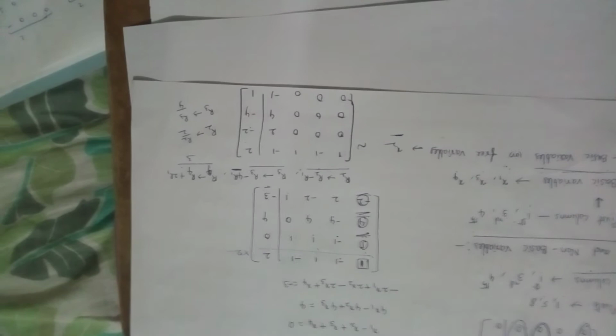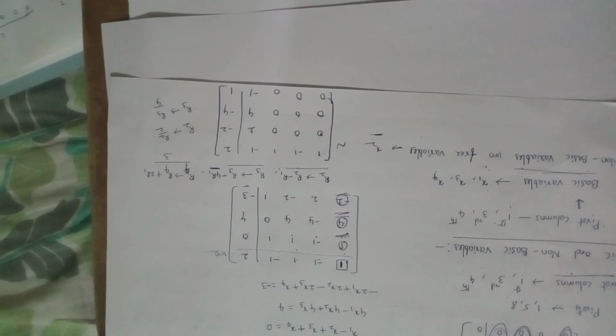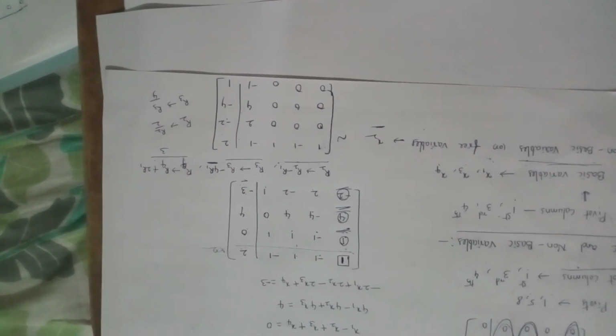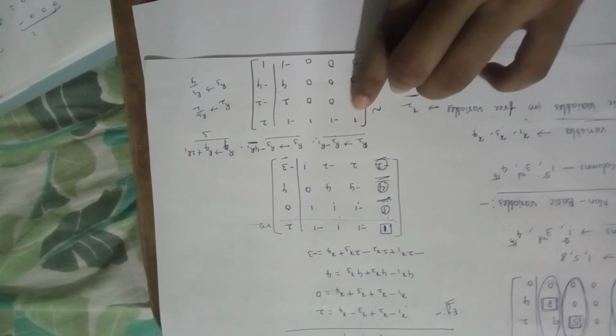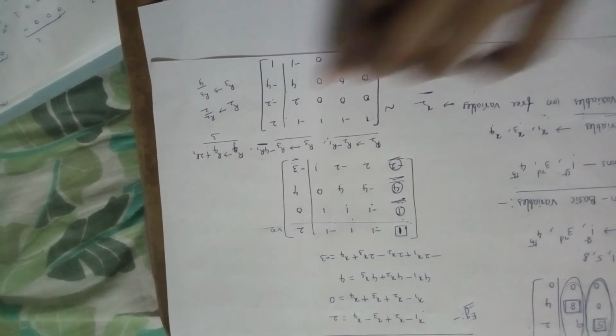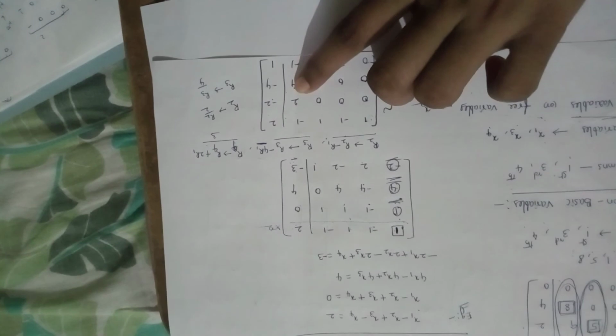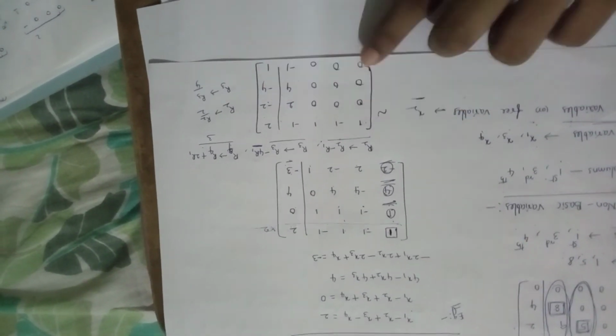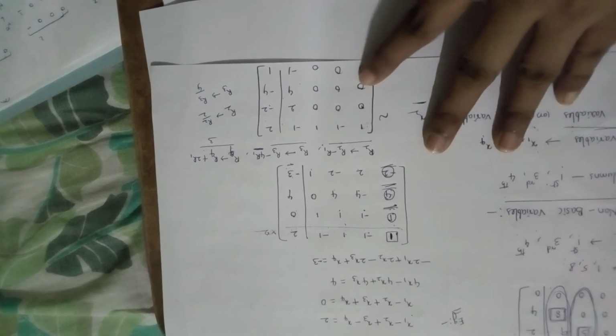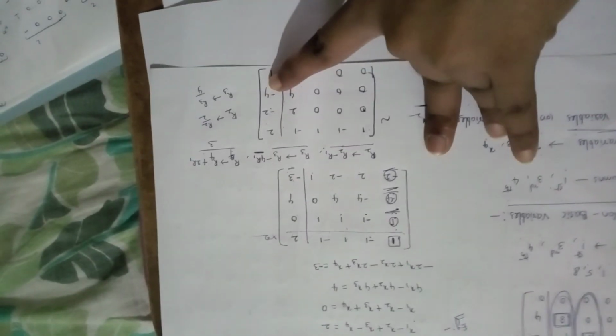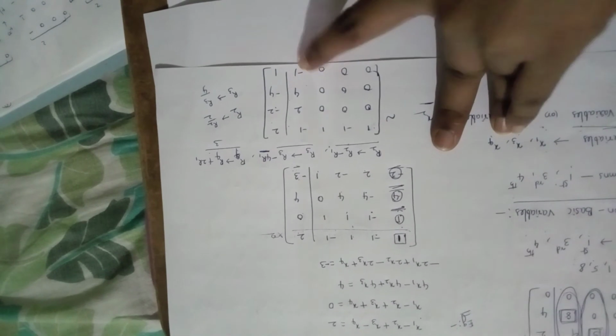Now we have to divide R2 by 2 and R3 by 4. Okay, so R2 by 2, and R3 by 4. So the matrix is converted into 1 minus 1 1 minus 1 2, in R2 0 0 0, we have to divide by 2, 2 by 2 is 1, minus 2 by 2 is minus 1, and next R3 by 4, so 0 0 0, 4 by 4 is 1, and minus 4 by 4 is minus 1, so 0 0 0 1 minus 1. R4 I am writing the same. Okay, so the matrix is converted like this.